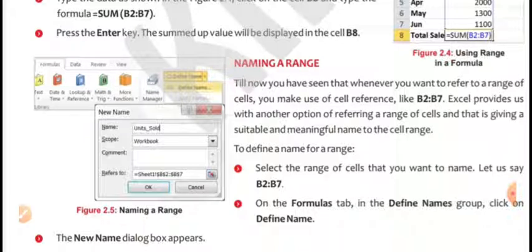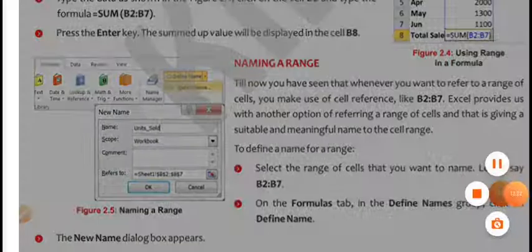To define a name for a range, you can select the range of cells that you want to name, let us say B2 colon B7. Then on the Formulas tab, in the Define Names group, click on Define Name. The New Name dialog box will appear. Just follow the steps written over here and you will name the range.